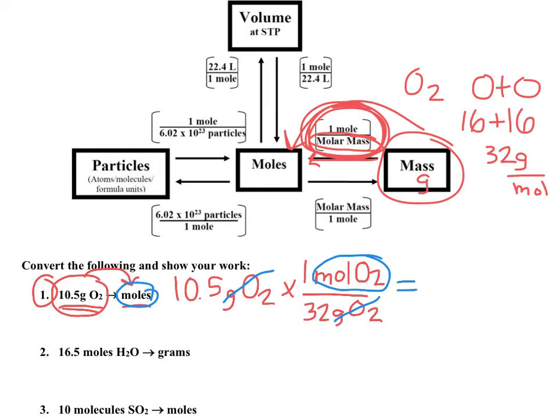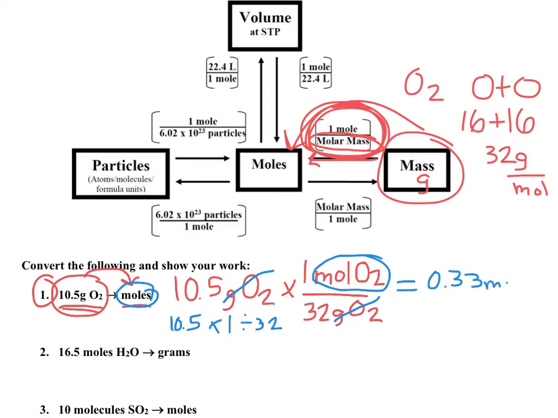So now this problem becomes, remember, multiply by the top, divide by the bottom. So this problem is going to be 10.5 times the top, which is 1, divided by the bottom, which is 32. When you put that into your calculator, what you end up getting is about